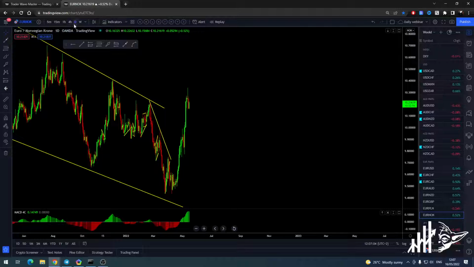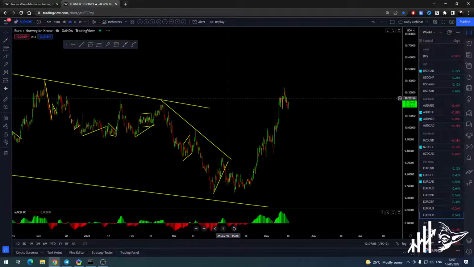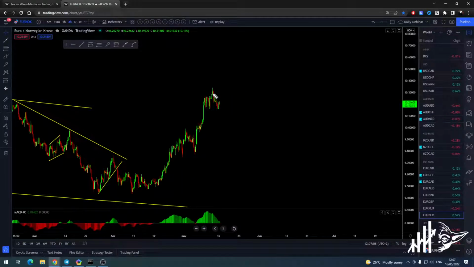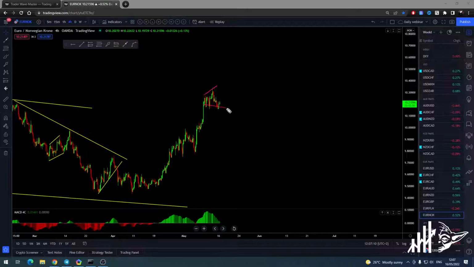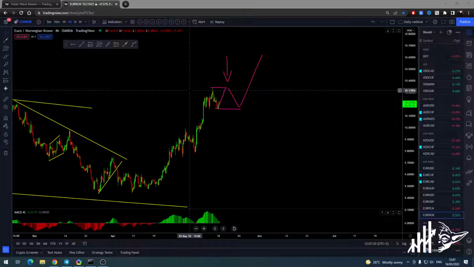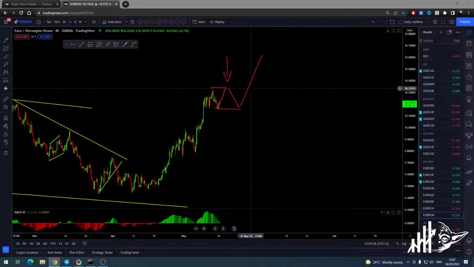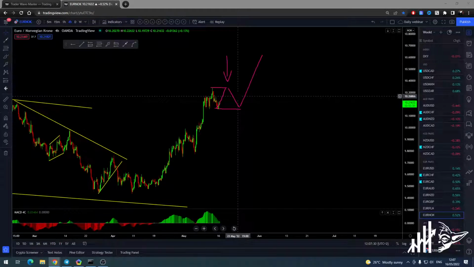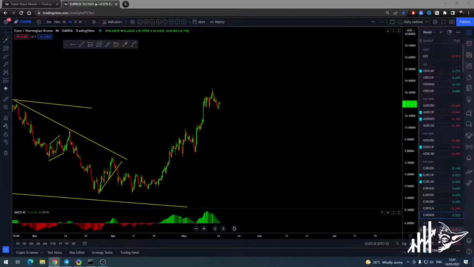Euro Nokian going higher, we need a deeper correction. All the Euro pairs are doing this kind of scenario, so they can go up and give us the bigger correction that we want. We really want to see this kind of flat formation appearing over there before we take a buy. That's going to give us a lot of possibilities, a lot of good setups. You just have to read it correctly and get into the trade on time.